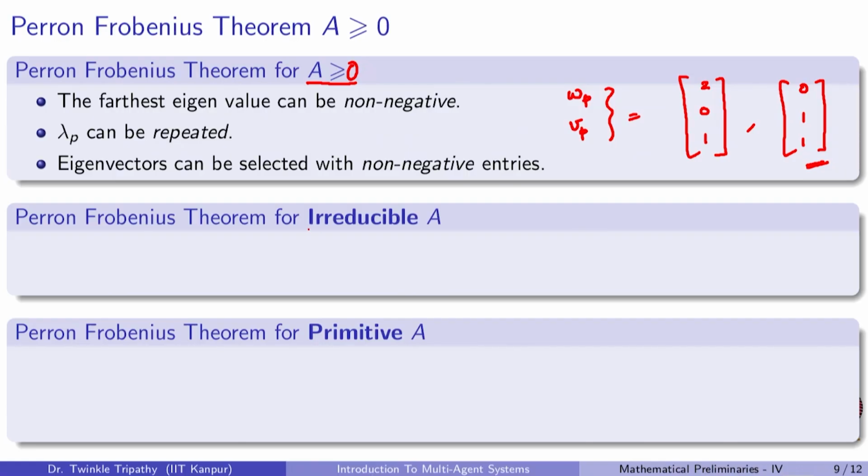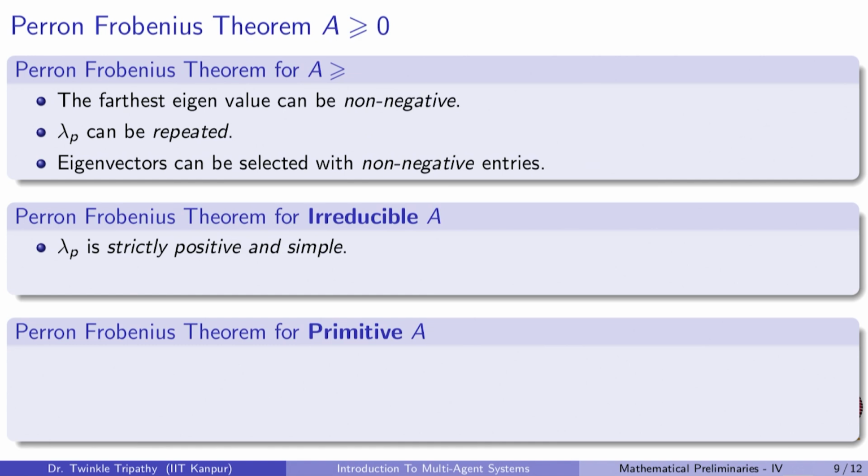However, by adding additional conditions on the non-negative matrices, we can actually retrieve a lot of these properties. So, let us see what are those classes of matrices for which the nice properties still hold. The first kind, as we can see here, is an irreducible matrix. Just to remind you, for an irreducible matrix A of dimension n, when we take the summation of its powers, A raised to the power k, where the summation goes from 0 to n minus 1, this matrix is strictly greater than 0. So, any irreducible matrix satisfies this condition.